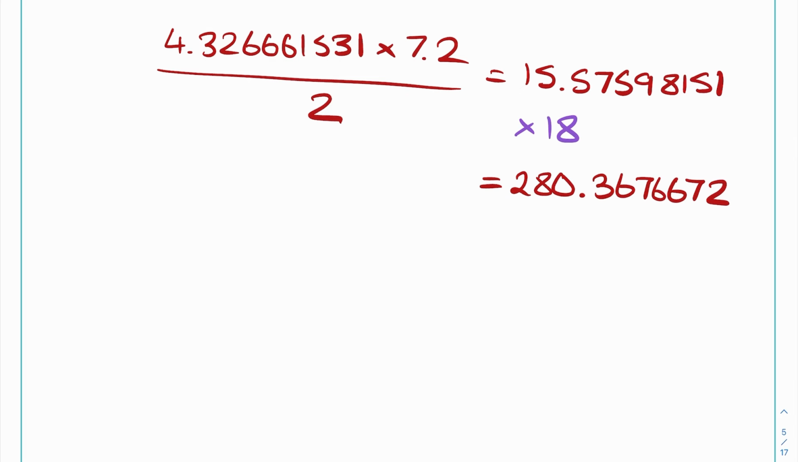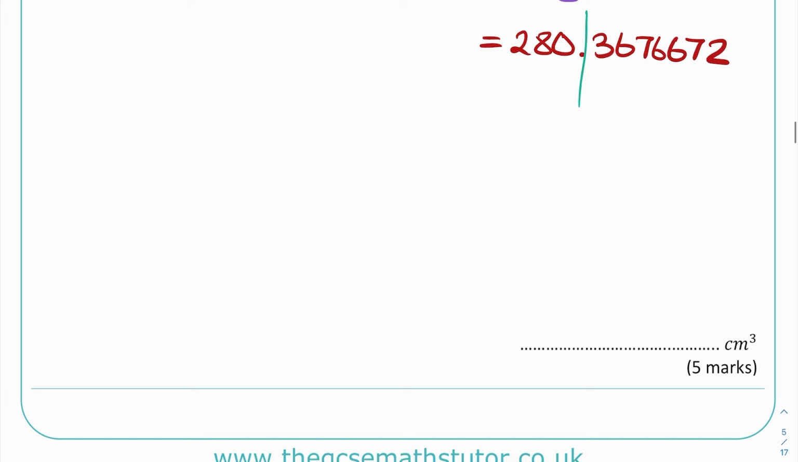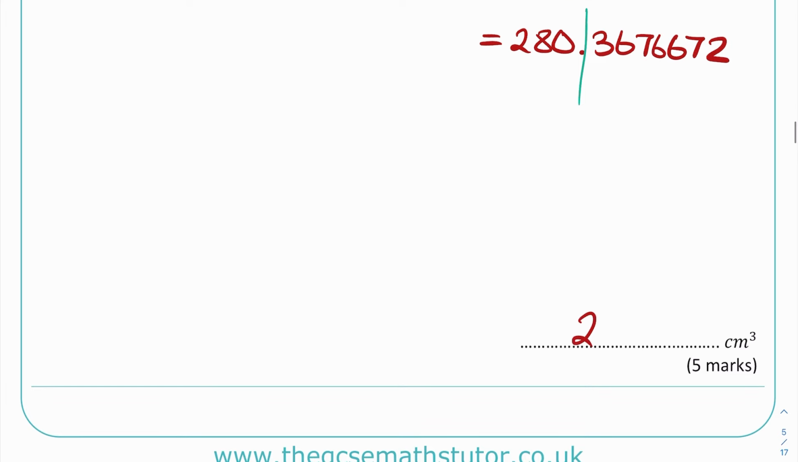So the first significant figure is the 2, then the 8, and then the 0, as that comes after a whole number. So if I chop after that 0, and then I'm just going to round that, it's a 3 after the line, so the 0 doesn't change, 280, and we've already got the units there, so we don't need